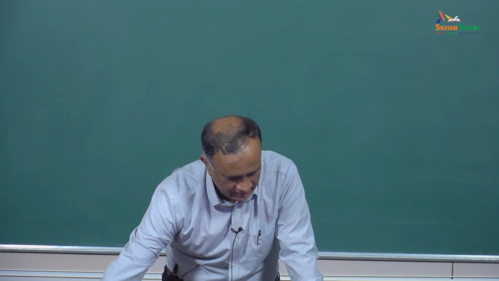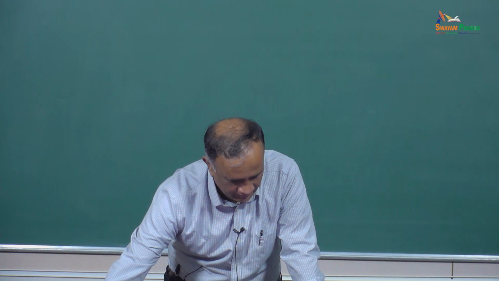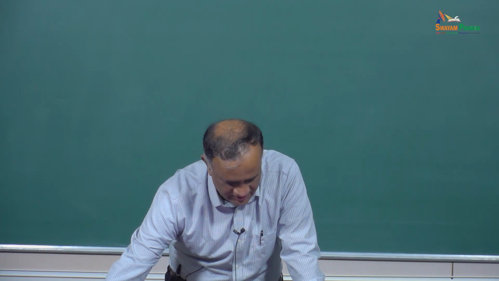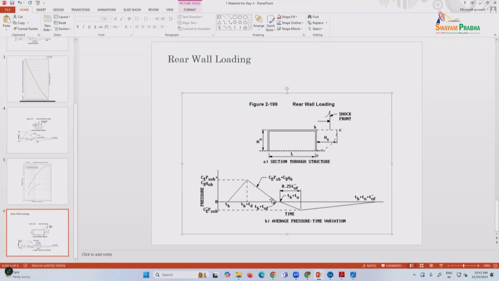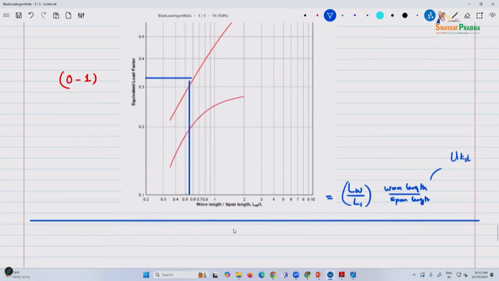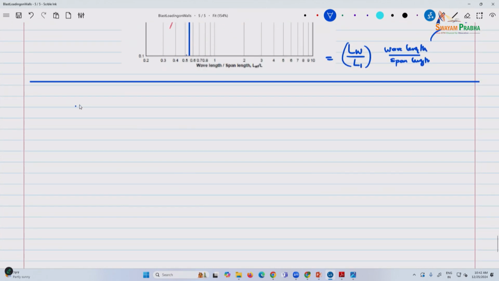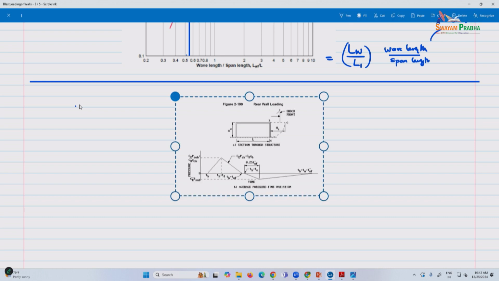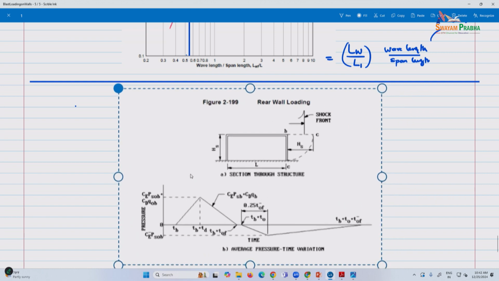Yeah, I think let me pull this all set. I had shown this is roof and side wall. We covered the rear wall also. Let me put that in here. So for the rear wall, the main difference here is